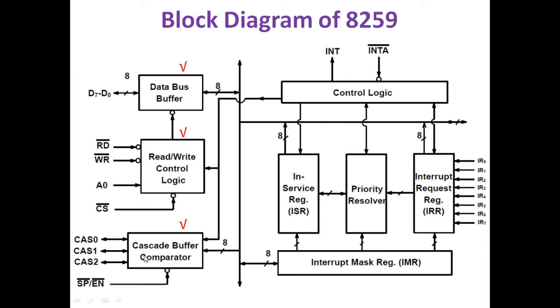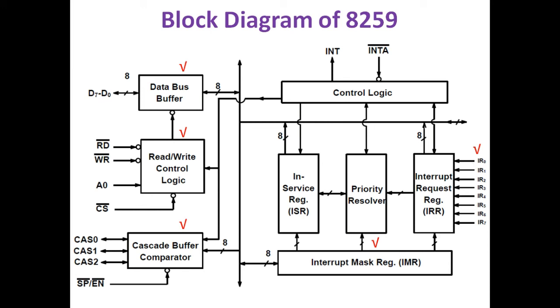Okay, the next block is the interrupt mask register. So here the interrupt mask register is an 8-bit register, and you can enable or disable any of these 8 interrupts. Okay, the 8 interrupts are IR0 to IR7. You can enable or disable any particular or individual interrupts using this interrupt mask register. Then next is IR0 to IR7. So these are the interrupt lines. So you can connect these lines to other peripherals which require the service at any time.